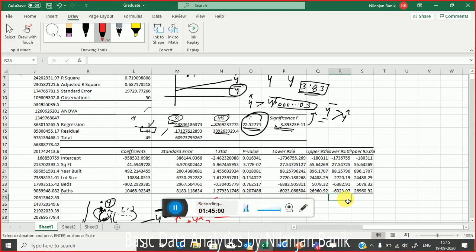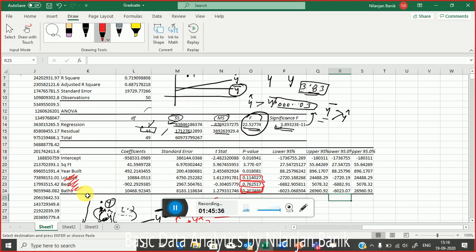Is the screen shared? Not shared. Is it less than 1, no? No, I'm able to see. Look at lot size, bed size, and bath size. You're not able to see the screen? Yes, able to see. Seema, are you able to see the screen? No, I cannot. It is coming, Seema. I think there is some issue on your side. Maybe. Just refresh. Now I can see.